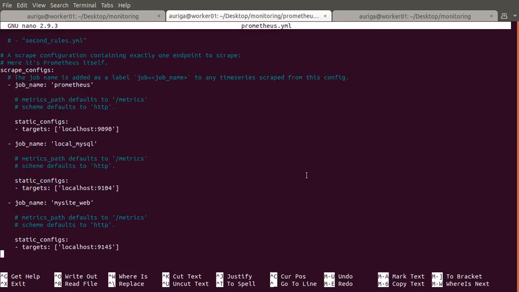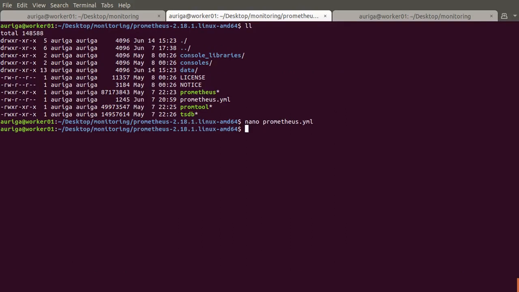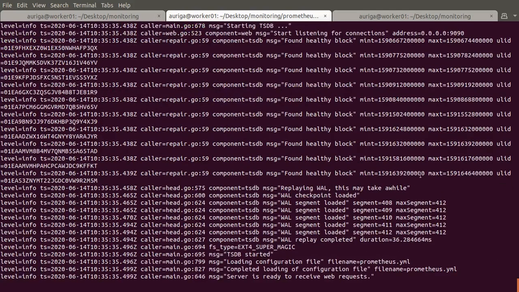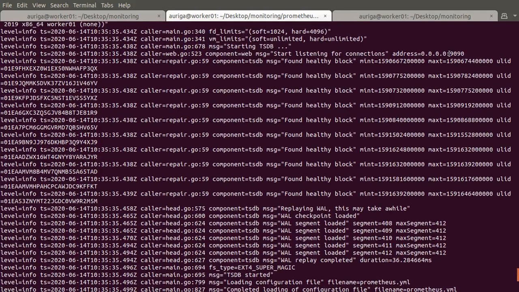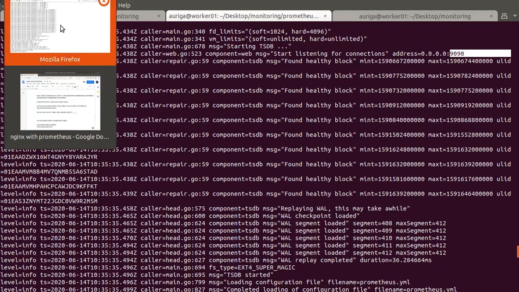Here I added job name, my site web, and the host name and the port number where the /metrics URL is accessible. So now if I start Prometheus, it's showing server is ready to receive web request, and the port number on which we can access it is 9090. So if I open